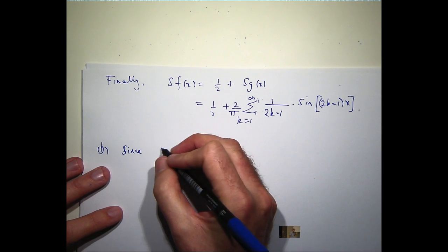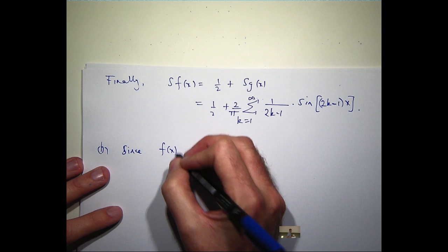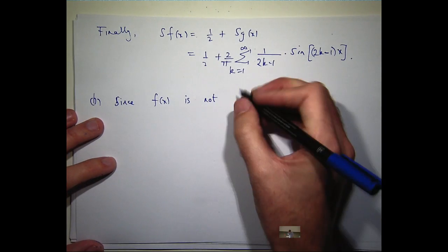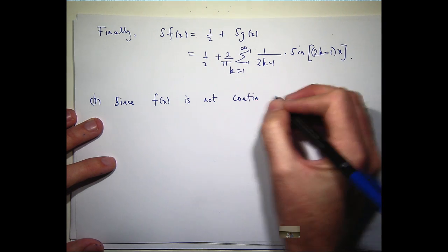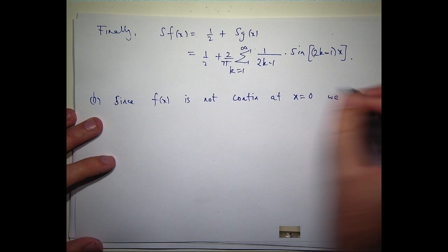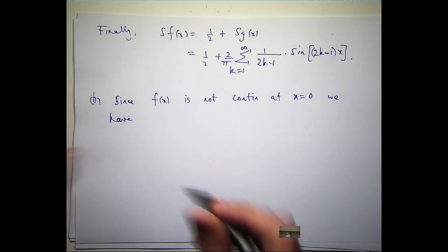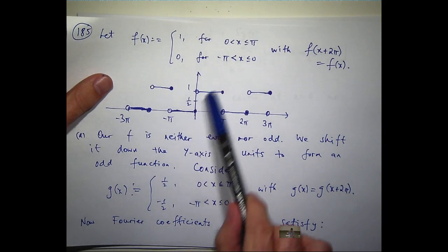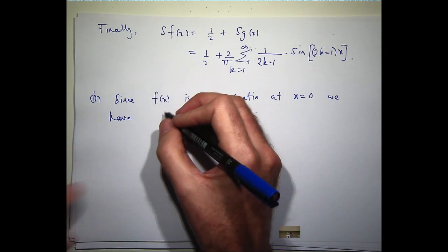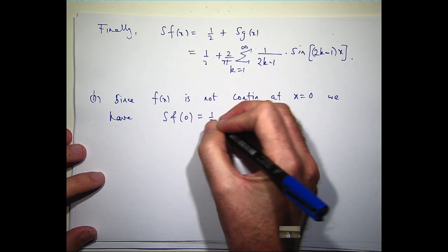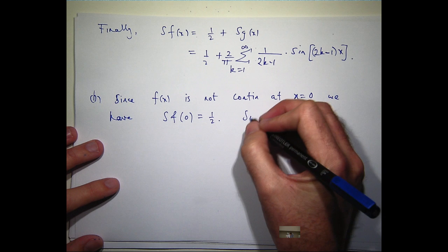Since f of x is not continuous at x equals 0, we have the Fourier series converging to the average of the left-hand and the right-hand limit. Okay, so similarly,